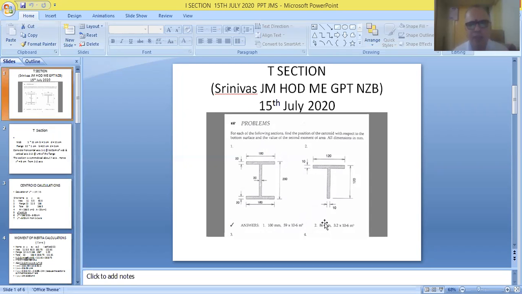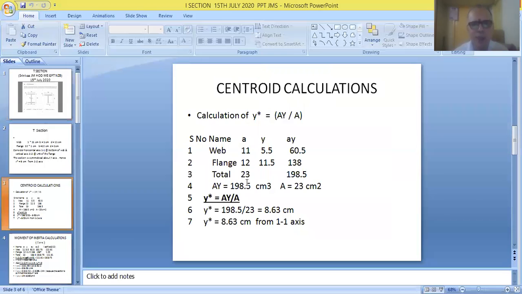And secondly, for the second component, you have to take the entire distance, that is 11 centimeter. You take 50% of the depth of this flange, so that is 0.5 centimeter. The total distance is 11 centimeter, but half of the depth is 0.5 centimeter, so totally it will be coming to 11.5 centimeter. Therefore 11.5 centimeter is mentioned here.